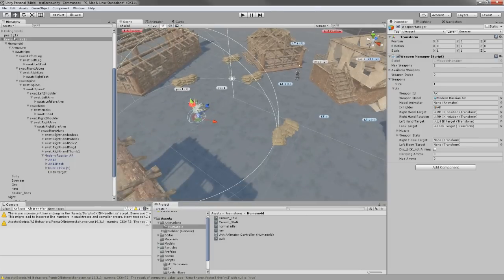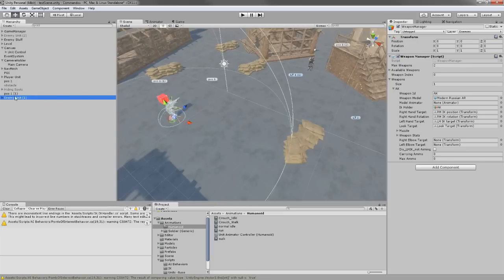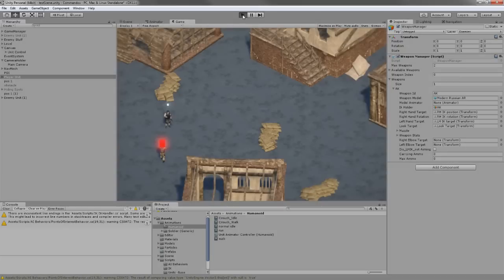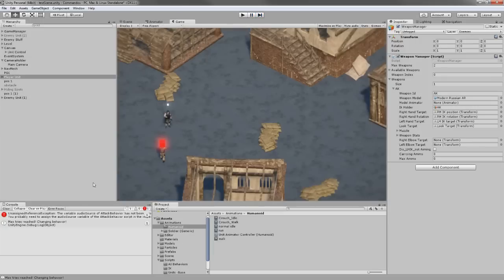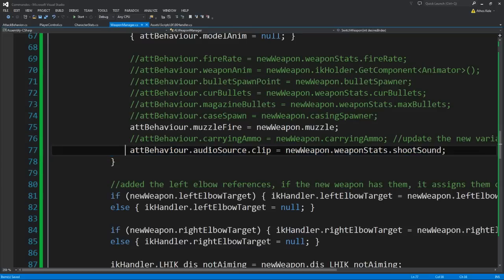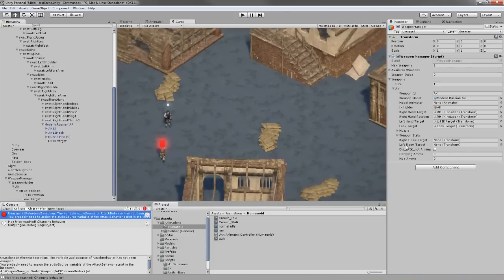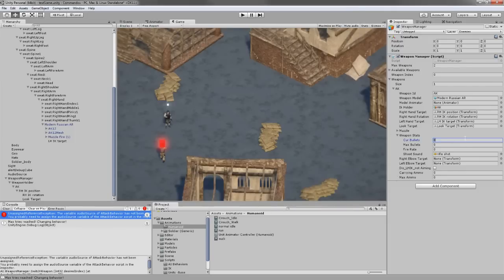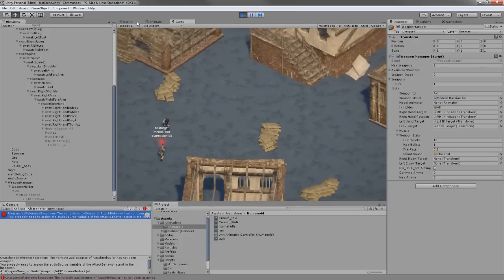So to test it, I'm going to put my player. Of course, all the AK references need setting up. Okay, we're not done yet. I'm going to just drop the player over here, and I'm going to hit play. Of course we get an error right from the start, and let's see why. Because we haven't assigned a shooting sound to our weapon manager. So we're going to go into our weapon stats, and I'm just going to use the one sound I have. Let's just add something over here, doesn't matter. Let's hit play once again,